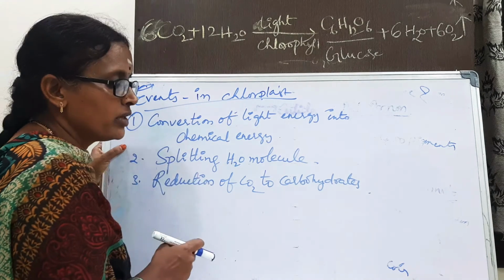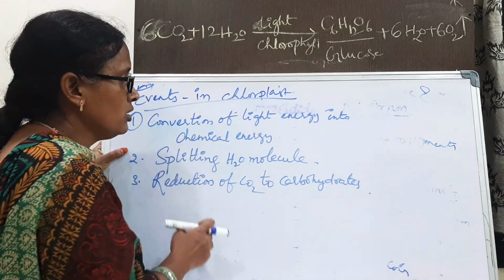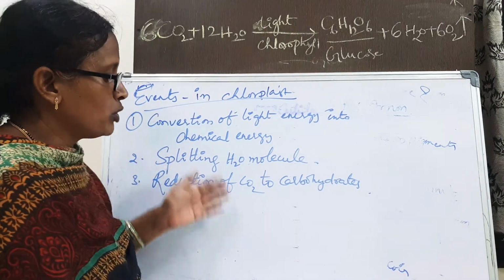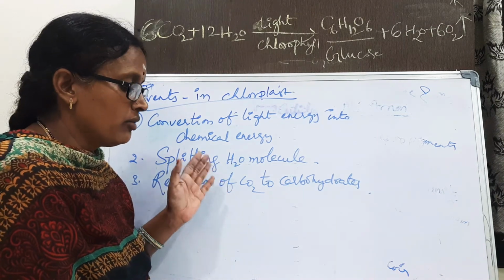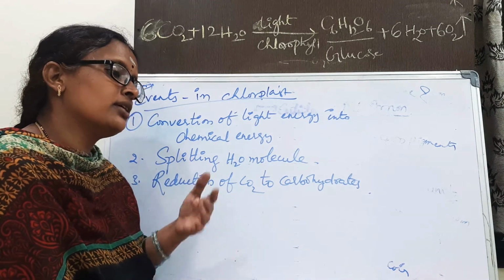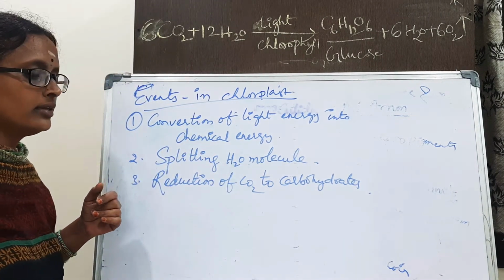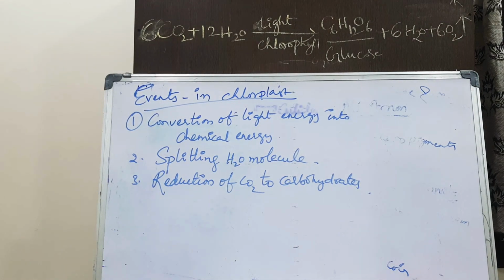This is also asked many times in our questions. So, children, that is our topic. Up to now we have learned where the chlorophyll pigments are present in the structure of the chloroplast and the events in the chloroplast. Then the next topic is the mechanism of photosynthesis. Maintain the notes.